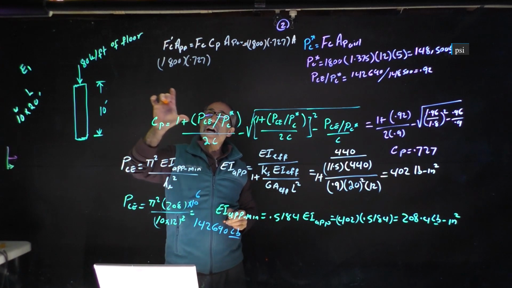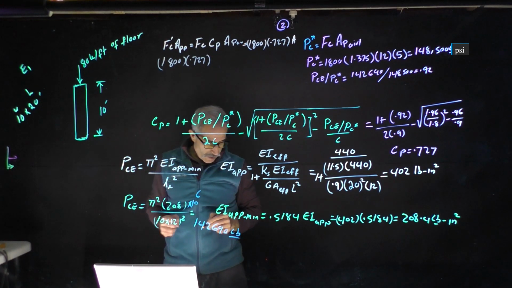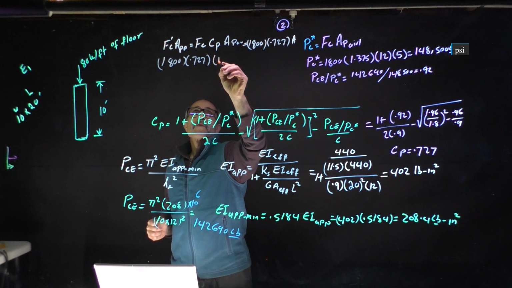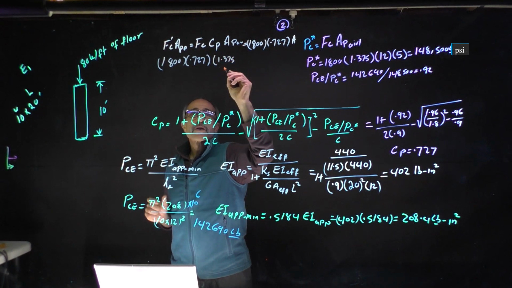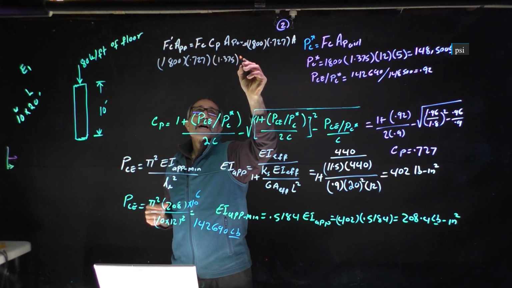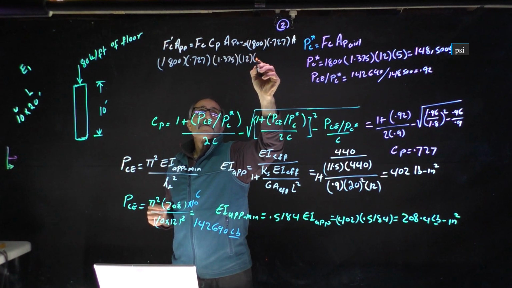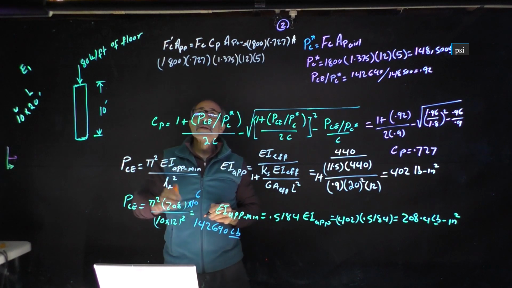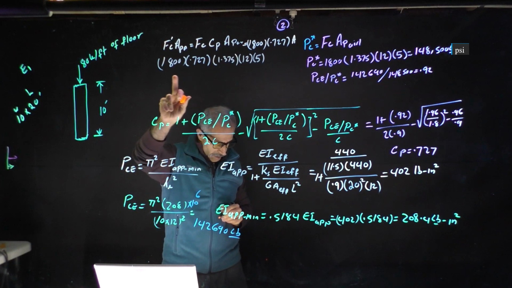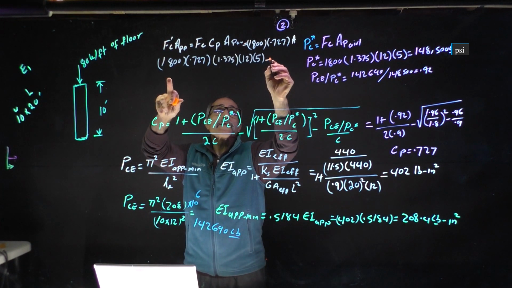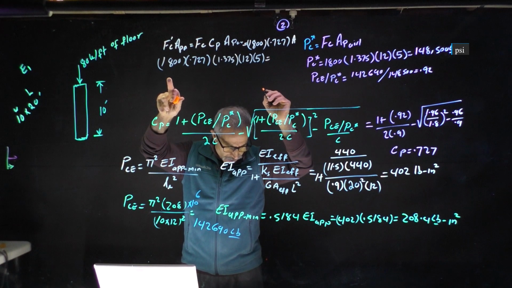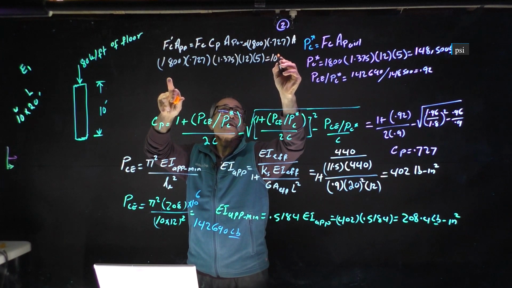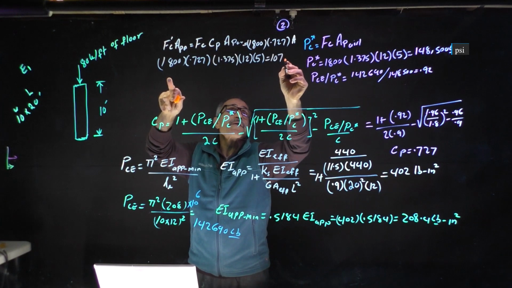We're going to use 5 layers, which is important here. So I got 1.375 for the height of each layer, times the 12-inch width, times 5 layers, and times 0.727 times 1800. So that gives me 107,959